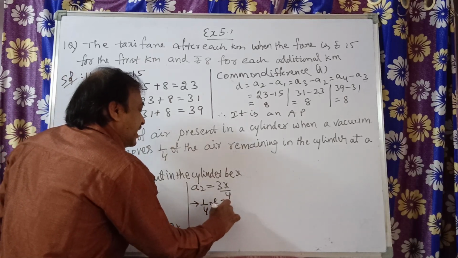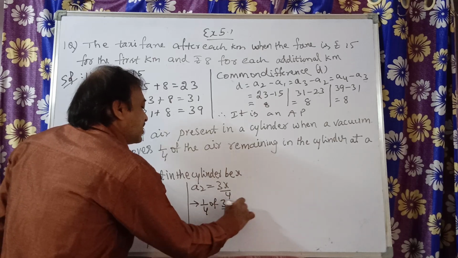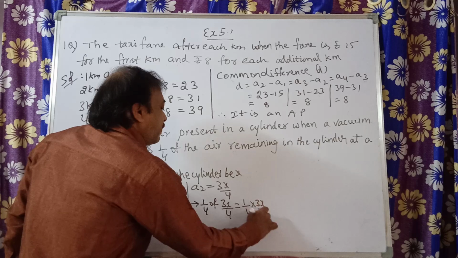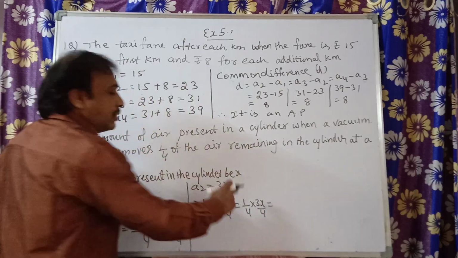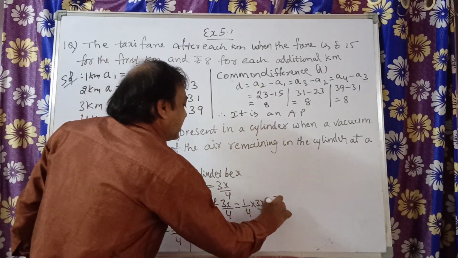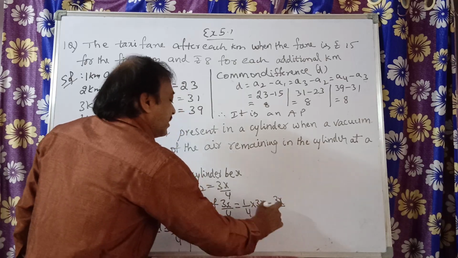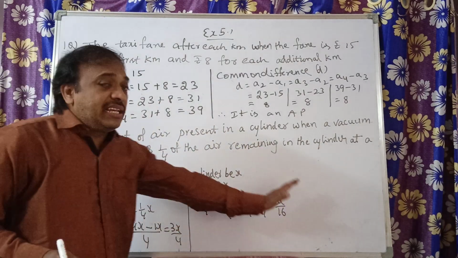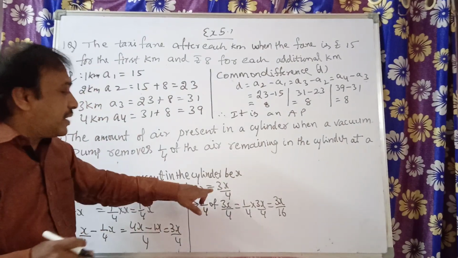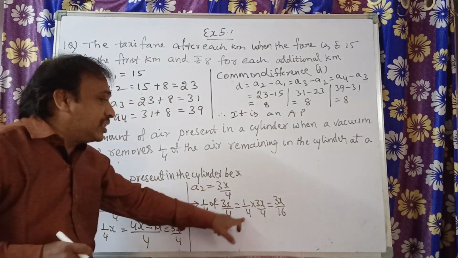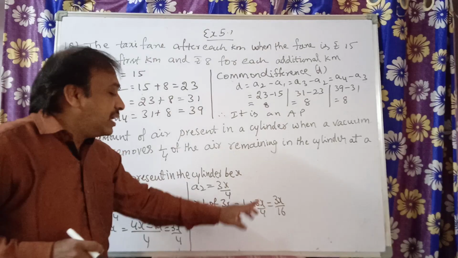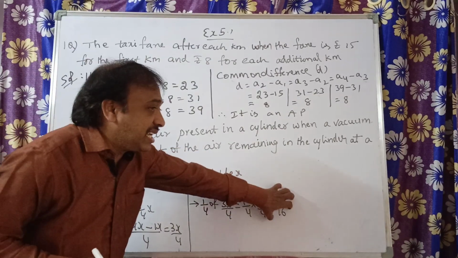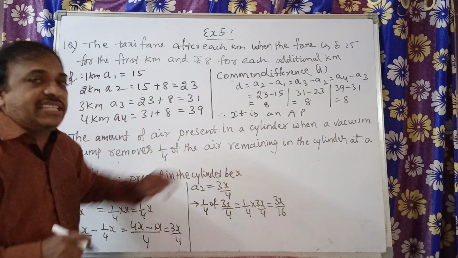Now 1/4 of 3X by 4 is equal to 1/4 into 3X by 4, which is 1 into 3x by 4 fours are 16. So this much they removed. From where did they remove it? From this. This 1/4 of 3x by 4 they removed. That is 1 into 3x, 4 fours are 16. This much they removed from this 3x by 4.